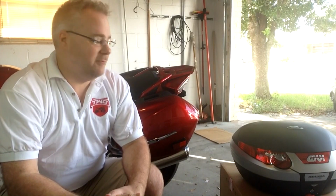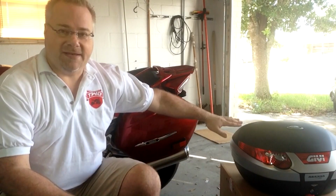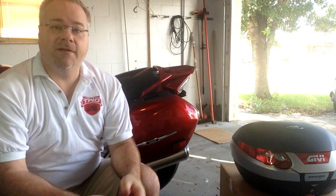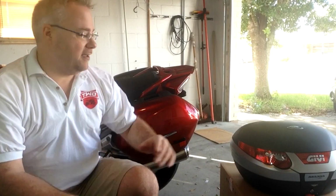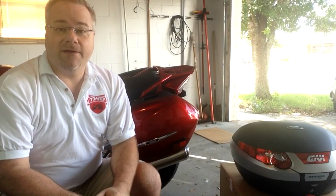Hey guys, today I'm going to go over a new product I got in, the GIVI Monokey E55 case. This is a top case that is going to go on the back of the bike. It's going to do two things. Double my storage capacity. It has the capacity of 2 side bags, and it's going to be a nice backrest